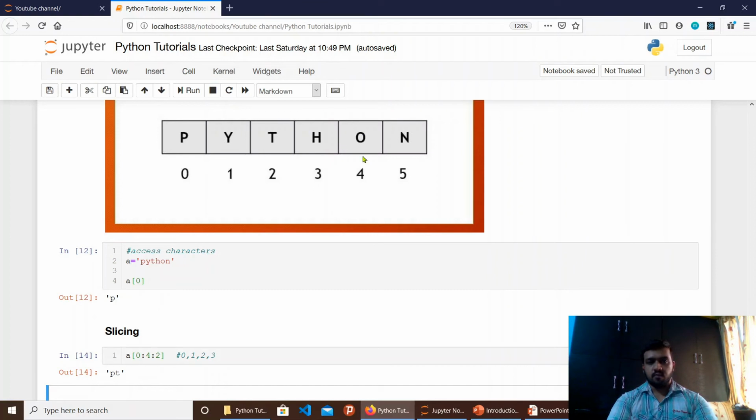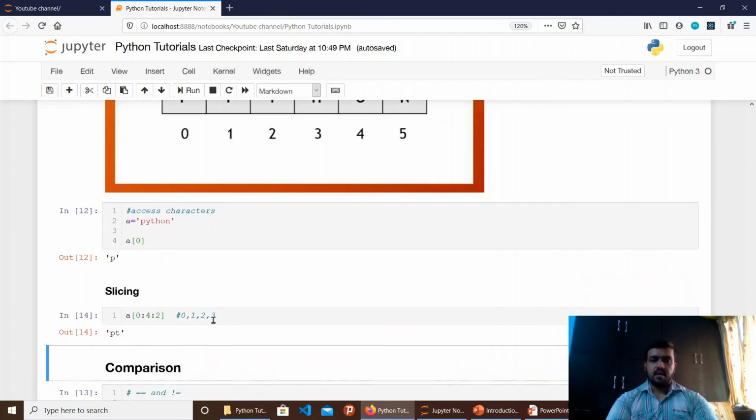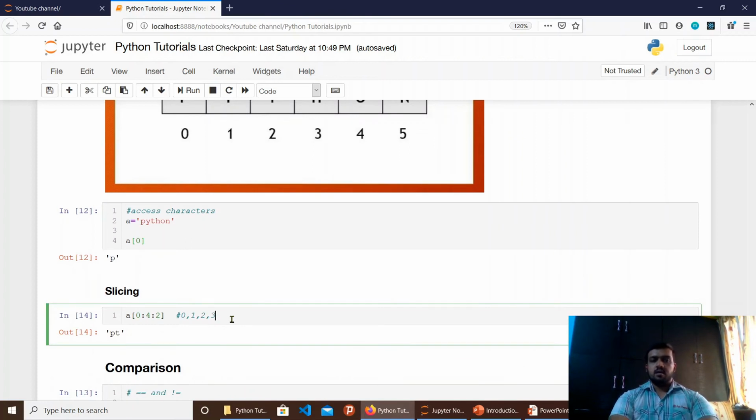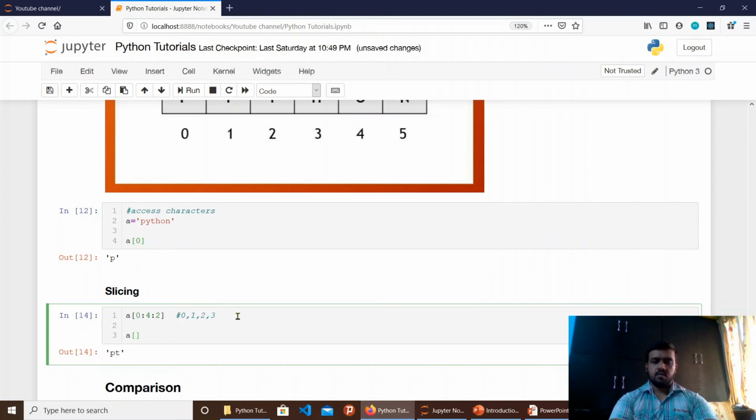So 4 is greater than 3, so we'll not go beyond 3, because as per syntax we can only go to the second last of the range or the end point. But in general practice we don't have to define a step every time. So if we just want to take a single jump, we can simply mention the starting and